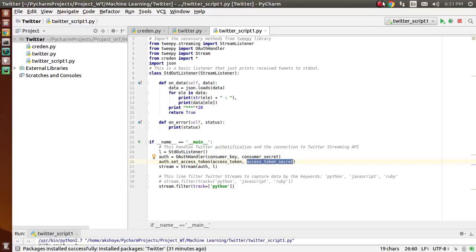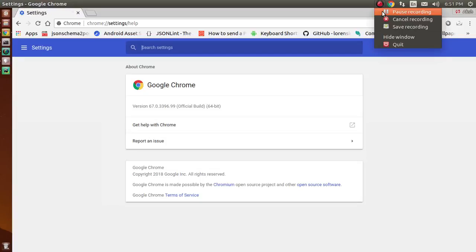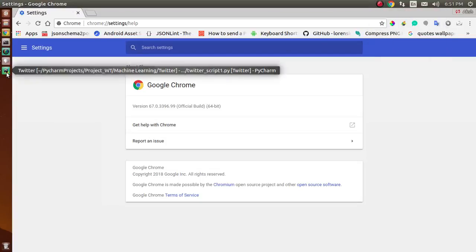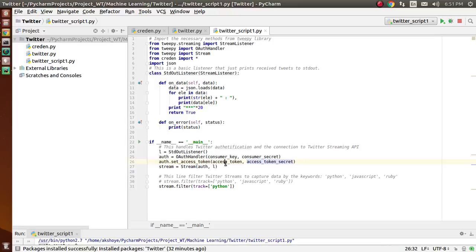For this you have to pass these keys for authentication. Here I am using the streaming package and Tweepy. You first have to create a class, StdOutListener, and make an object of this class, and then pass the authentication and the object to the stream package that you imported here.